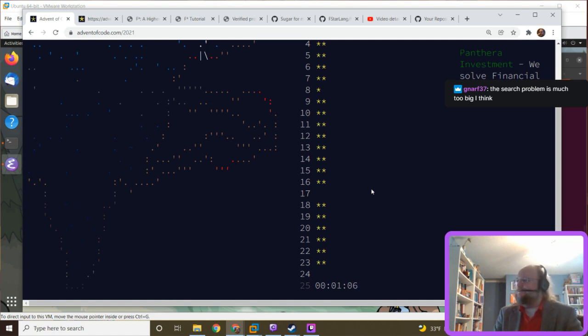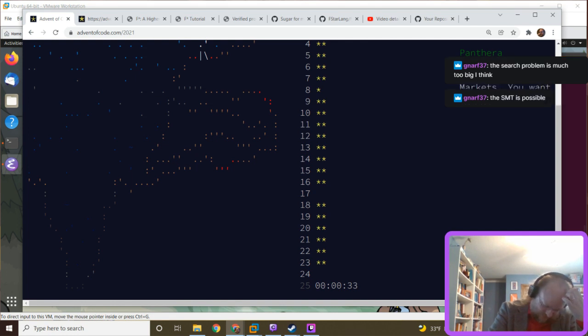I thought the search problem was too big as well, but then I was looking at somebody's Rust solution that they posted on Twitter, and it was just search. Liz Fong Jones of Honeycomb solved it on a spreadsheet. So that's one way to handle the decompilation: just solve it with pen and paper or a spreadsheet. That's the reason I took the approach I did, I thought the search space was too big as well, but it might not be.